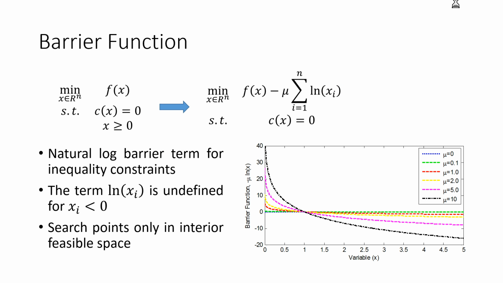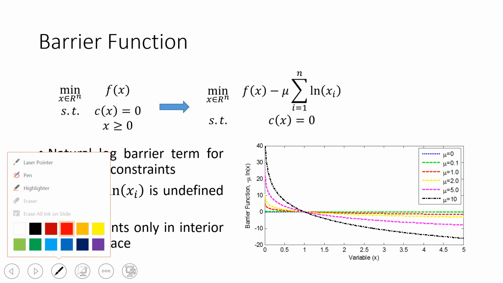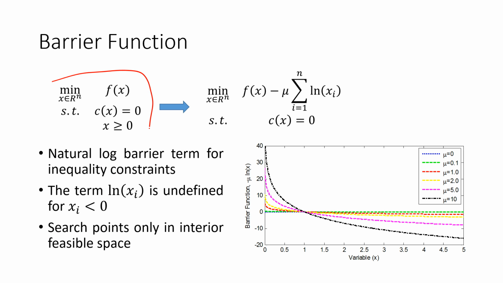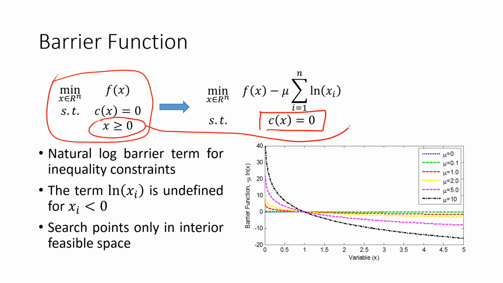Now I want to talk about the barrier function. Once we have it in this standard form right here, let me go ahead and write on this. We're going to convert it to use a barrier function, getting rid of basically this inequality constraint right here. We still have our c of x equals 0, but we've translated the inequality into a barrier term. And then we have this mu parameter. As we adjust this mu parameter, as it gets smaller and smaller,